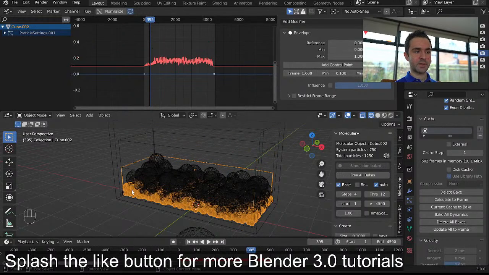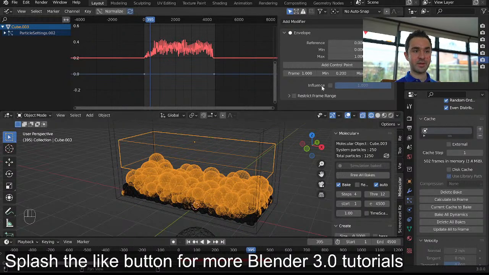So I'm going to stick with my gun. I'm going to make the big particle stationary. I think it looks better if it's